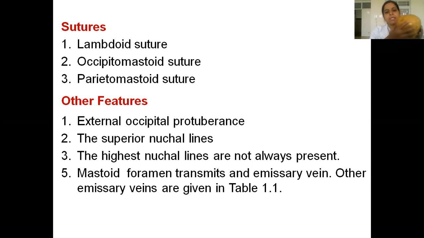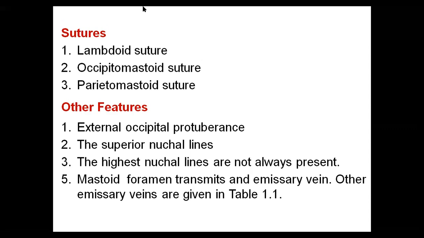So other features you see, I said we have external occipital protuberance, highest nuchal line, superior nuchal line, inferior nuchal line. So near to the mastoid process, you will have a hole, you call it as mastoid foramen, which transmits emissary vein. Now what is emissary vein? Basically, emissary vein itself can come as either 5 marks or 3 marks question. That's the reason I have shared one table with you. See, emissary veins are the veins which are actually connecting the veins of the scalp to the veins of the brain. That means exterior of the skull to the interior of the skull.